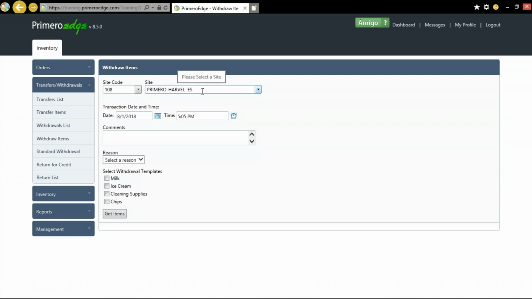We can select our site from the drop-down menu and change our transaction date and time like we saw with transfers. We can also enter in specific comments, but they are not required here. They are only required if you are making changes. We can select a reason for this transfer. We have the reasons that are configured in my website. These are configured in your inventory configuration, so I only show 2 reasons, but you may see more. I'm going to select spoilage,